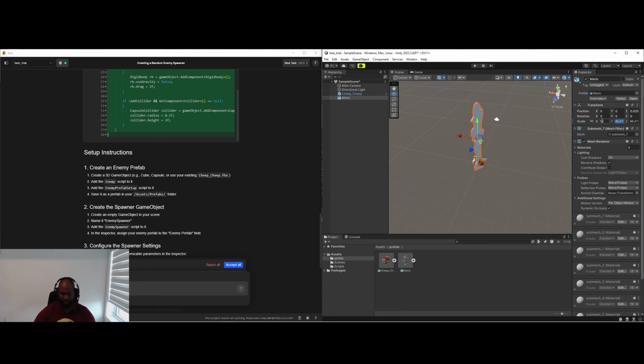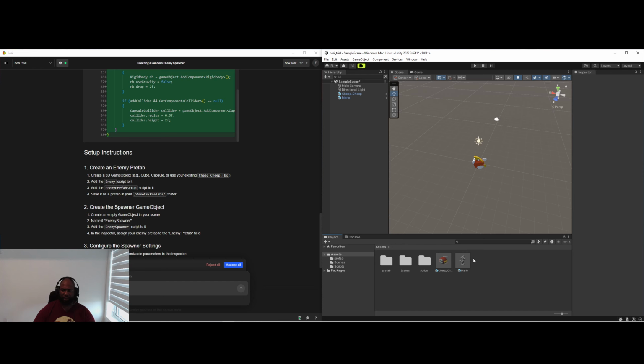Same thing with this guy as well. Create my prefabs. And drag it over here as well. Just getting things started. Okay, so with that done now, so